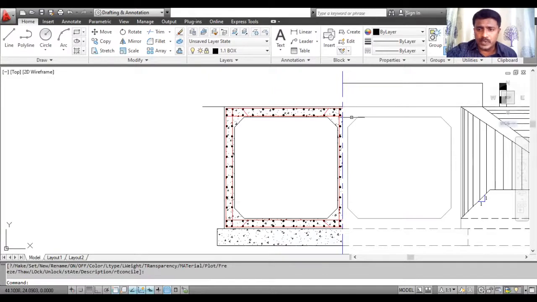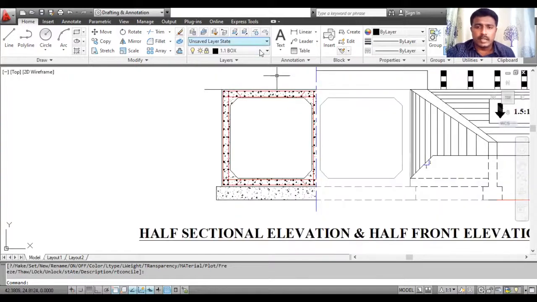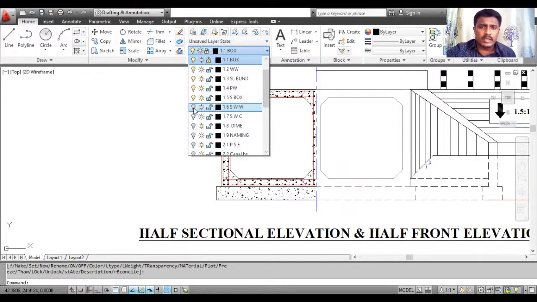Here, follow the same procedures, and you have to draw another size of the barrel. So this thickness is equal to 0.3 meter. So this is the first procedure. So then draw